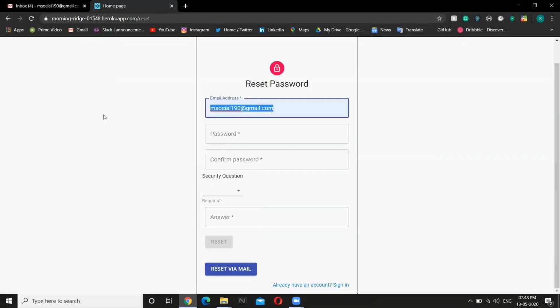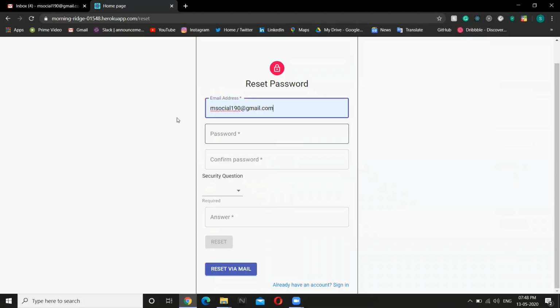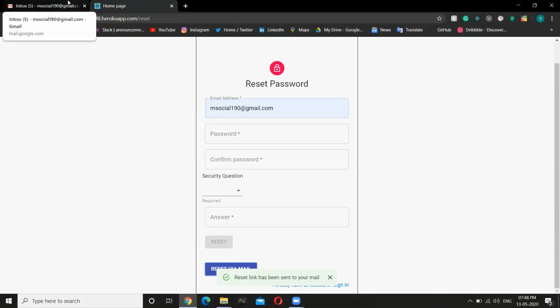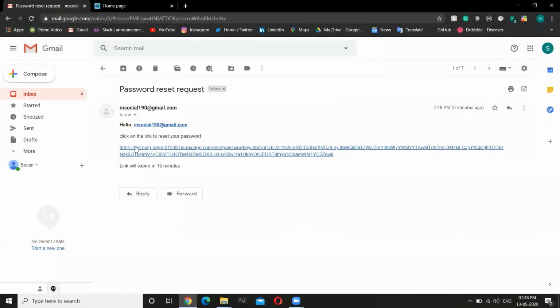As soon as we add the mail in the mailbox, this reset via email button will be enabled. We can click on this. Yeah, it shows a reset link has been sent to your mail. Now we can go to our mail here and we'll get a link, and this link is only valid for 15 minutes.